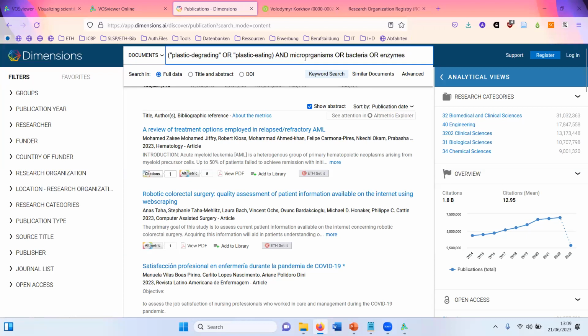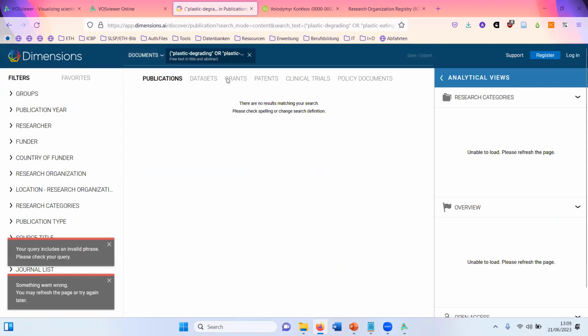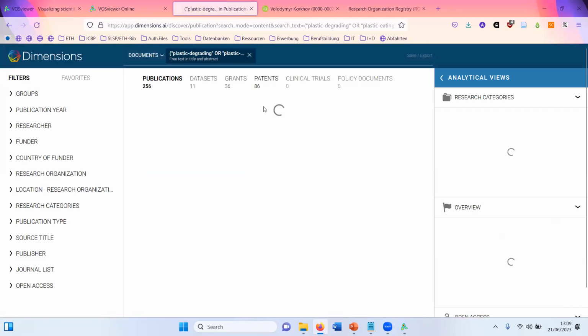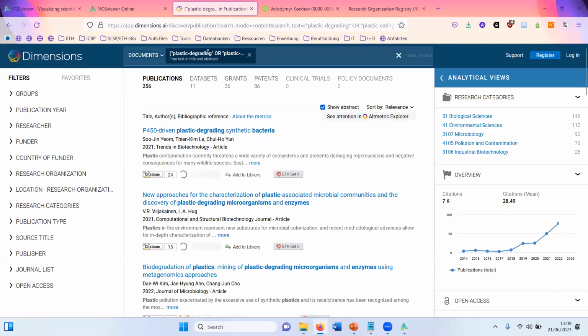So I want to find out something about this topic. And I only search in title and abstract to have it a bit more specific. And I did something wrong. I omitted a quotation mark. So now I get 256 publications with these terms in the title or abstract.